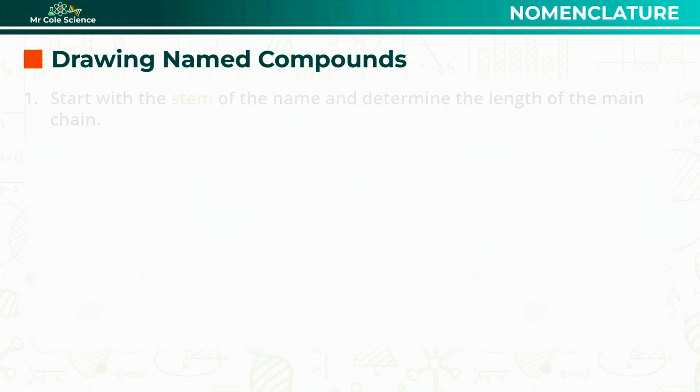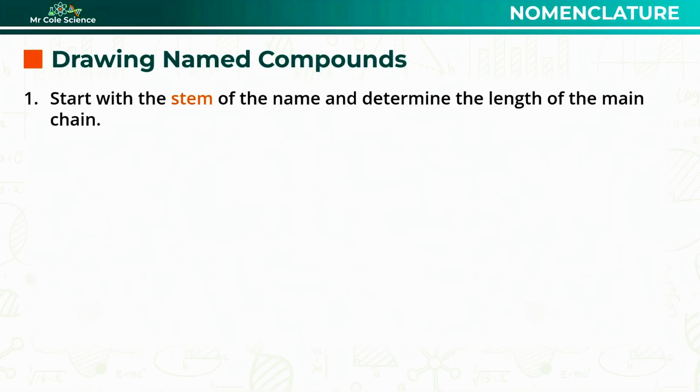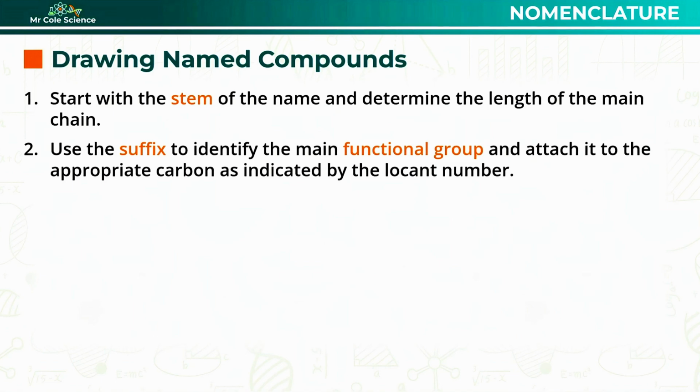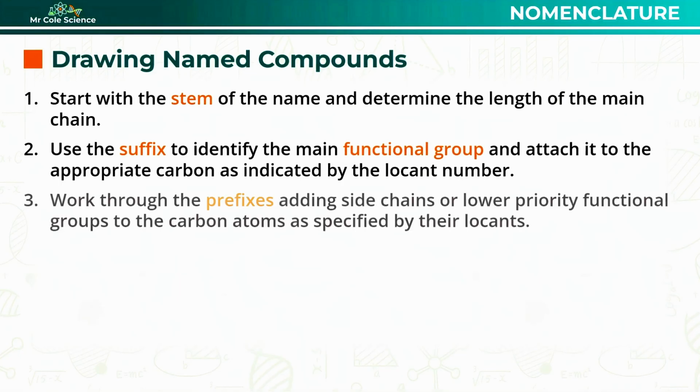You start with the stem of the name to determine the length of the main carbon chain. Use the suffix to identify the main functional group and attach it at the position indicated by any locant. Then work through the prefixes, adding any side chains or lower priority functional groups to the carbon atoms specified by their locants. So if we take